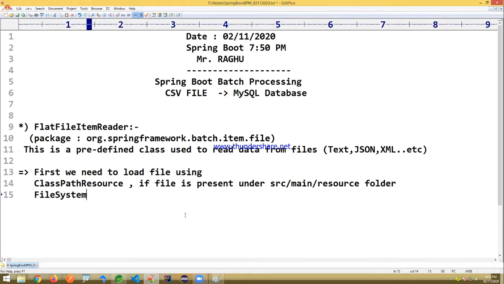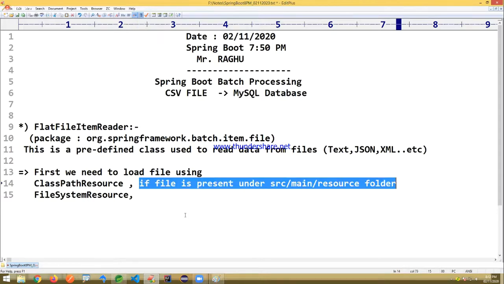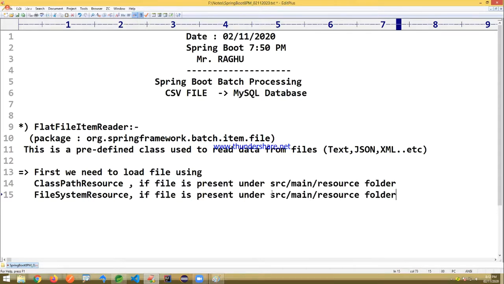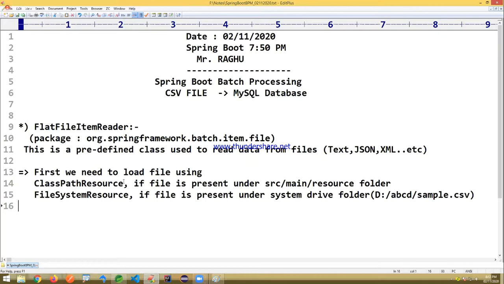Use a file system resource if the file is present under the system drive, something like D drive, ABCD folder, sample.csv. Inside the system drive, D drive, E drive, like this, we have to use a file system resource or class path resource.